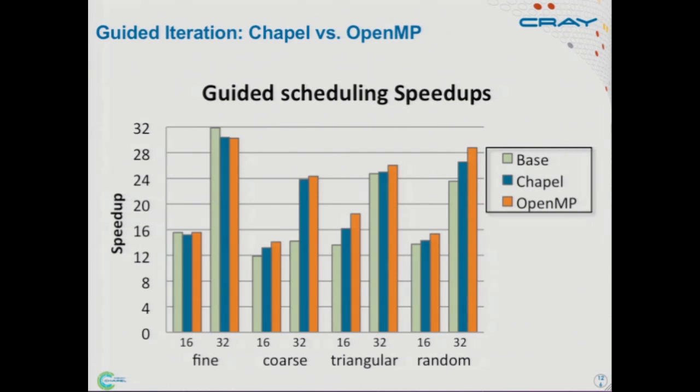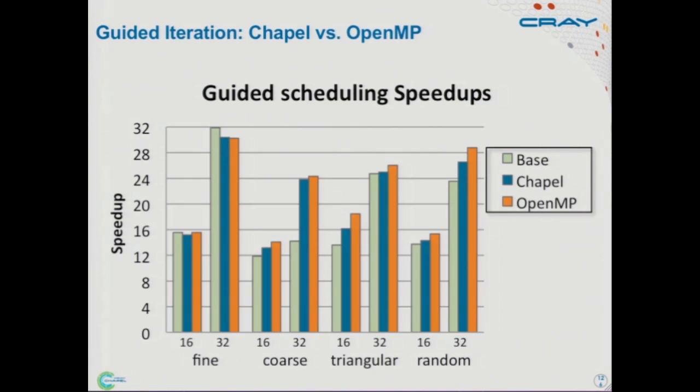And the really cool thing here is that we've done that without baking it into the language, right? If you had a new loop distribution policy and you wanted to get it into OpenMP, you'd have to start meeting with Brannis and convince him to adopt it into the language. Then you'd have to start meeting with the OpenMP implementers and get them to implement it. And then you'd have your new really snazzy dynamic iterator or whatever.